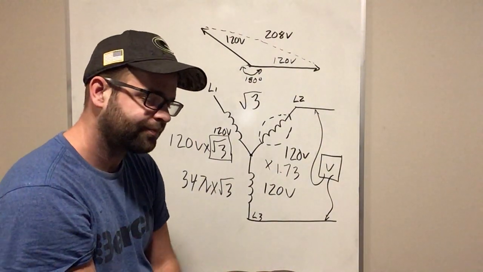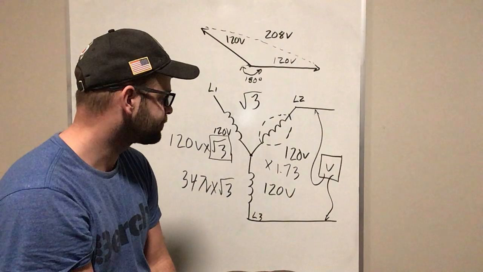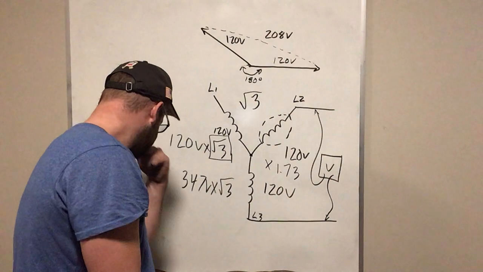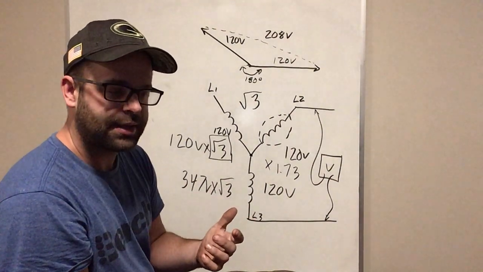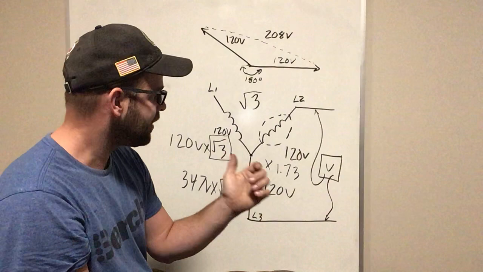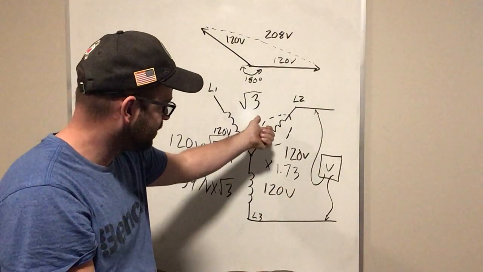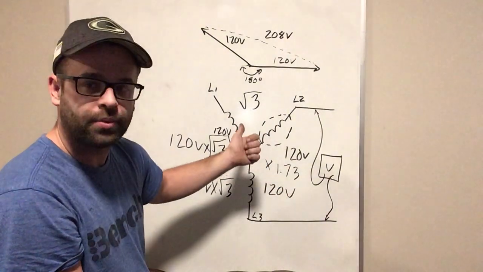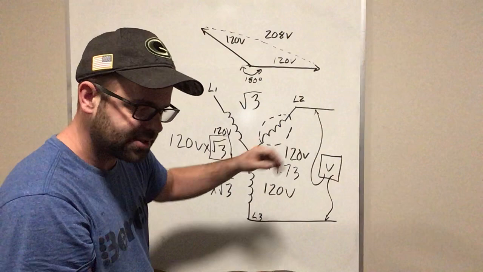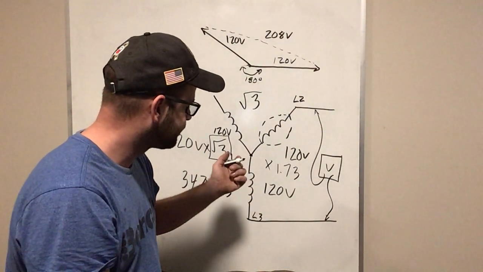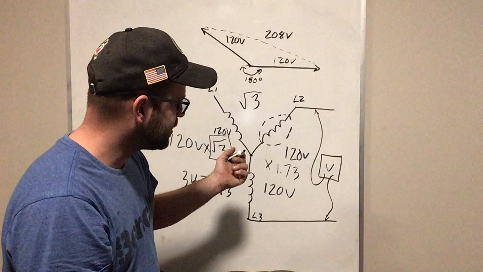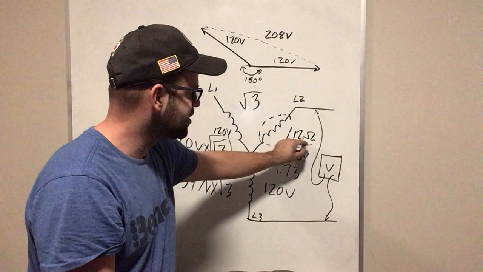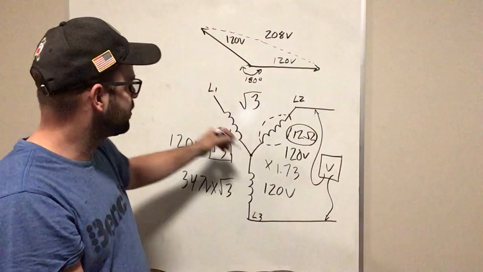And then the other thing is looking at your current in the system. So if I was to take an amp clamp and put it around that coil, well, what would that coil produce? So let's say the resistance on that coil is 12 ohms to make it easy. So 12 ohms is the resistance. If I wanted to figure out the current,